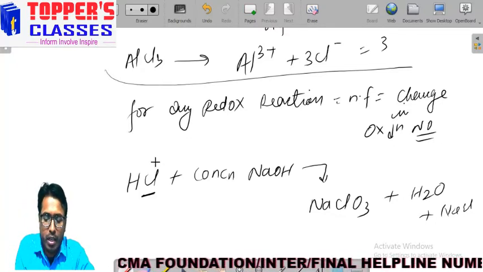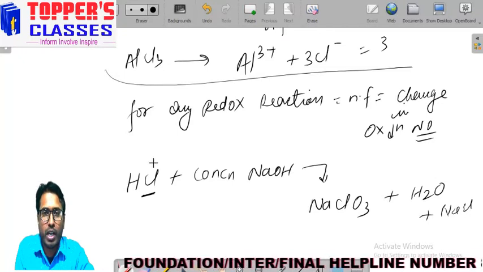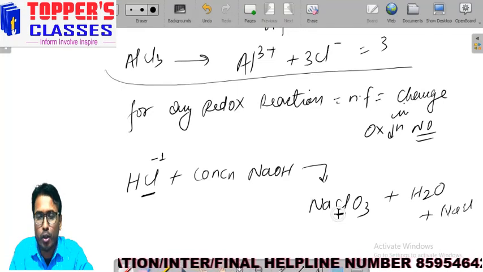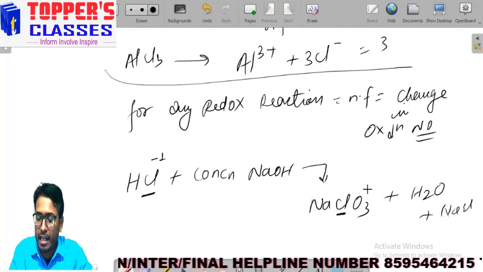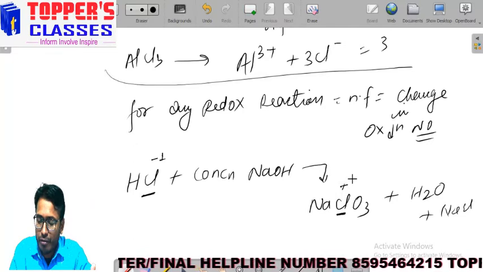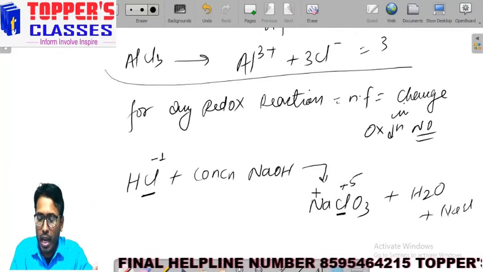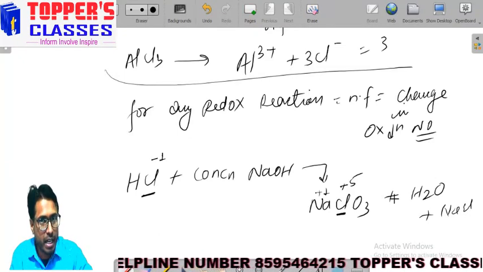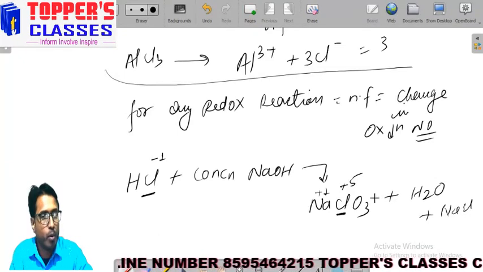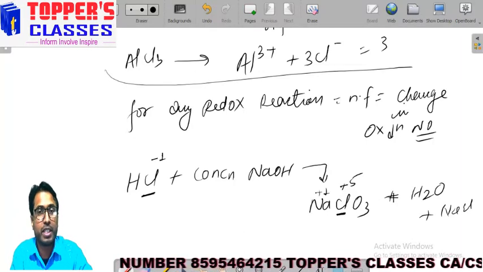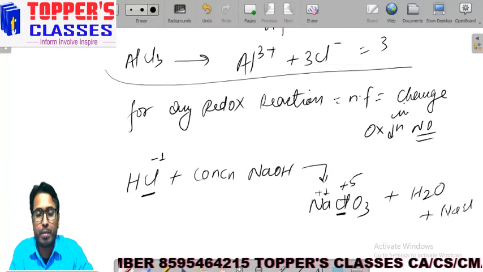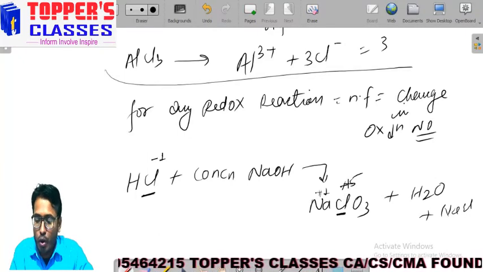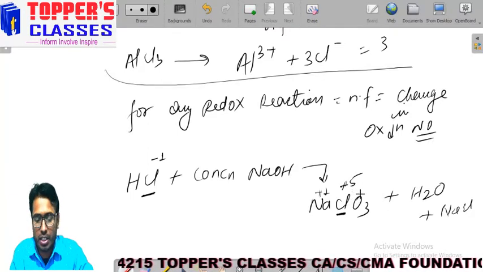what is the oxidation state of chlorine here? Here it is -1. And if we calculate the oxidation state of chlorine in NaClO3, we will get +5, because we know Na is +1 and we have 3 oxygens, and each oxygen has -2 oxidation state. So we have overall -6 oxidation state, so overall there must also be +6. One of the positive charges is furnished by Na+.